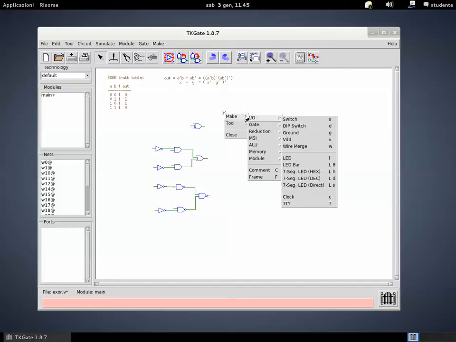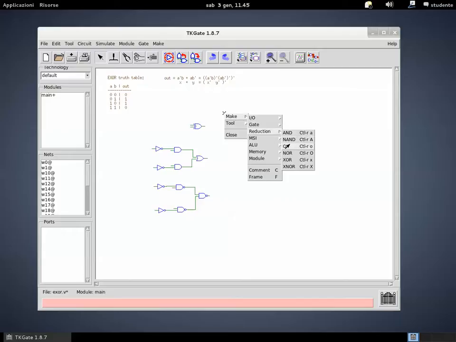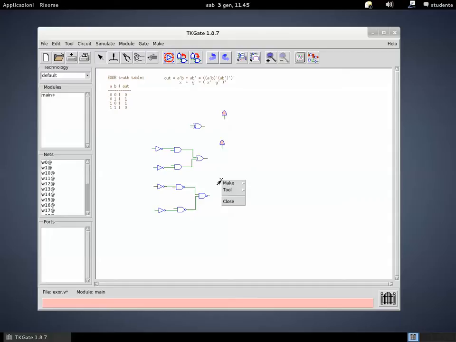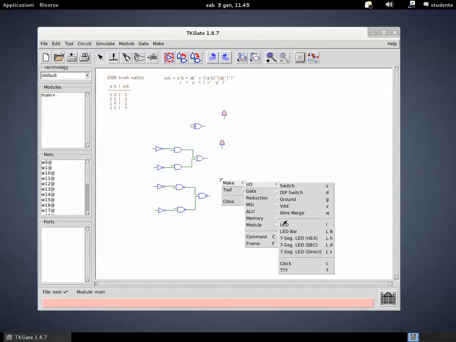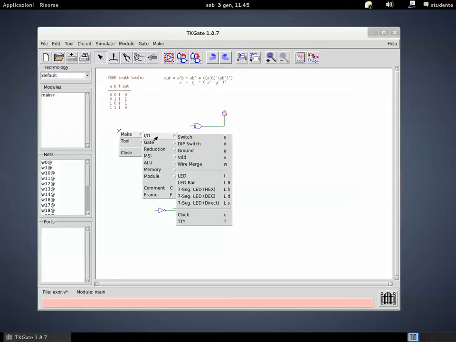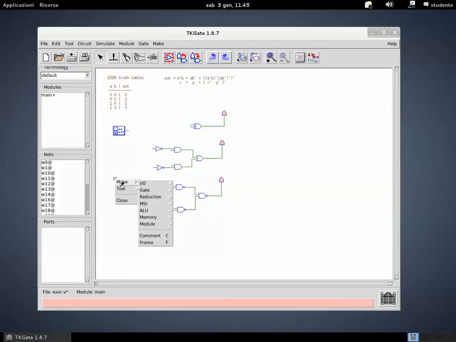Now I use LEDs to show the output signals. I connect the LEDs to the output of the three circuits, and then I use two input switches to drive all the three versions of the EXOR. So input-output switch, make input-output switch,